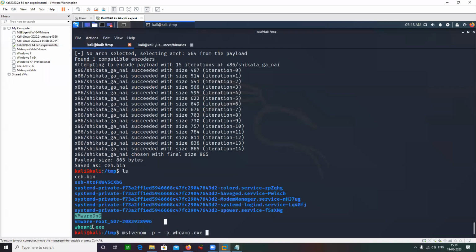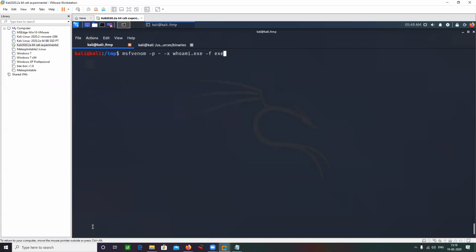I want to provide whoami.exe, followed by output format as exe. This is my output format. I can mention the architecture here as well, like x86 or 64. I can mention the platform here as --platform windows. That is what my target platform is.